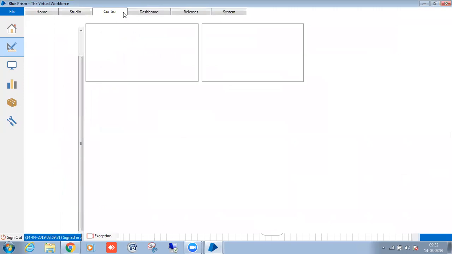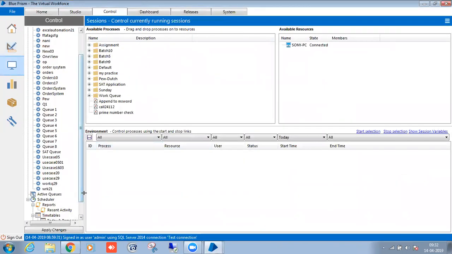Before running my original process, before scheduling my original process, 5 minutes earlier they will run this login agent, because once you open the system, it will take some 1 or 2 minutes to refresh the applications and everything, right? So before running your main process, 5 minutes earlier they will run the login agent. After they run the login agent, 5 minutes later they will schedule this process. That is how they will do it in real time. Login agent first, then the process.